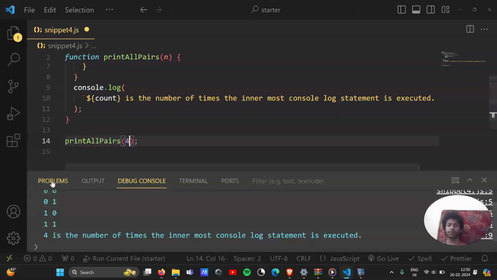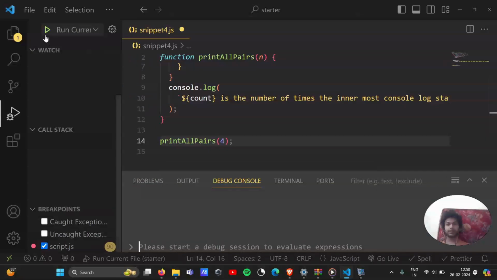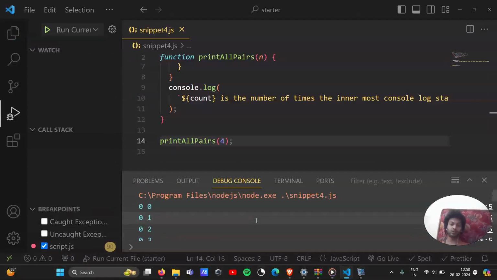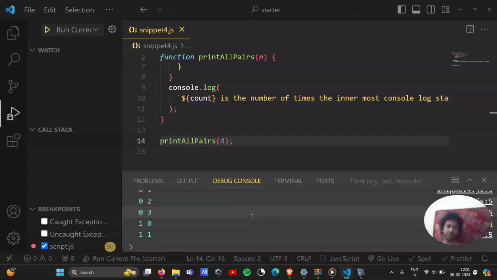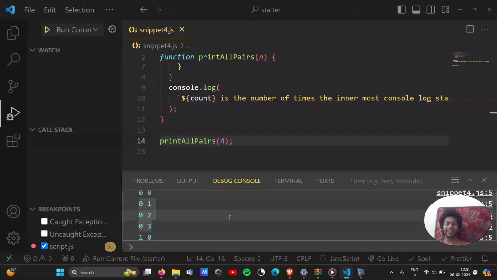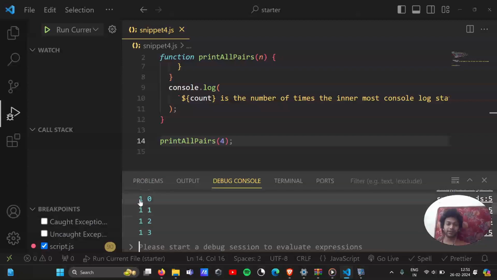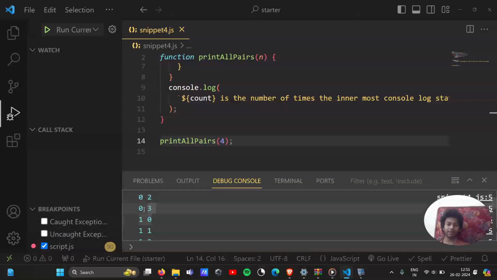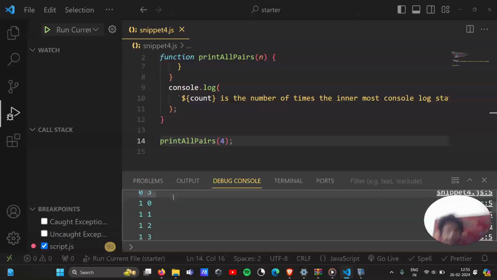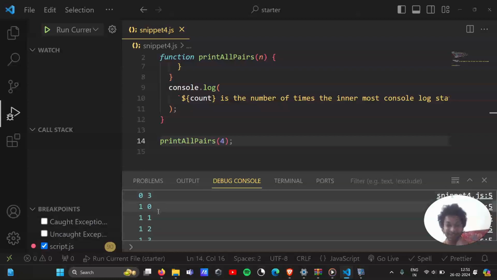So let's try to do it with 4. और n = 4 हुआ तो उसमें कितना आएगा? 16 output आएगा। यहाँ तक एक बार inside for loop जिंदा रहा, उसके बाद it ceases to exist। फिर बाहर वाले ने 1 2 3 4 बार run किया inside for loop। उसके बाद बाहर वाला जो for loop था वो भी 4 बार ही run किया। उसके बाद फिर out हो गया।